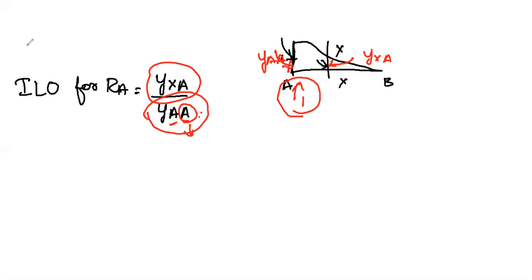The first step is to find the influence line ordinate for the component asked using the Muller-Breslau principle. The second step is to find the deflection at the point X due to the unit load applied at the point A, and the deflection at the point A due to the unit load applied at the point A.